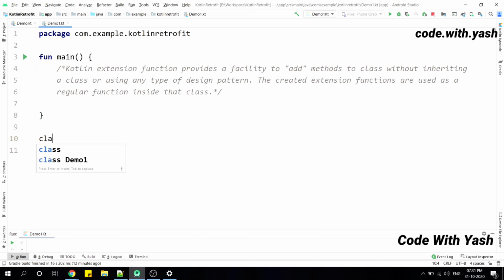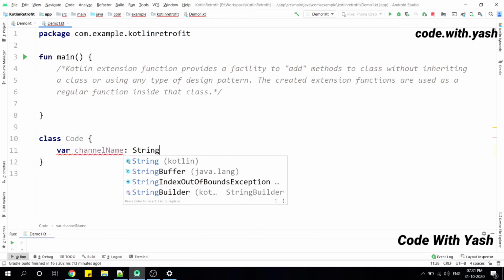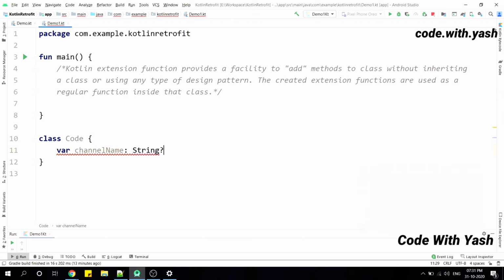Let's create one class here. I'll name it Code. In this class, I'll have one variable, let's say channelName, of string type, and it will be nullable.